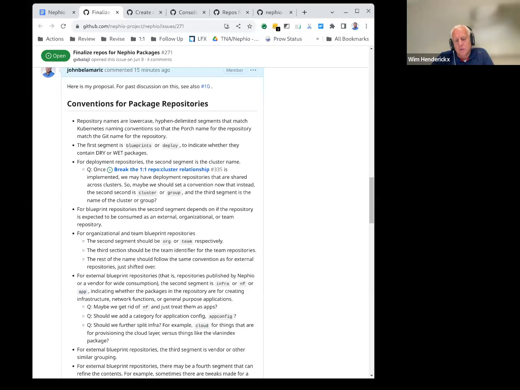Or are you going to have multiple repos for different things? Because if it's one repo, it should be a package catalog or something like that. No, there are many repos. These are the naming conventions for the repo. Maybe I shouldn't take those questions until we're done. I'll go through the whole proposal and then we'll debate the different options.